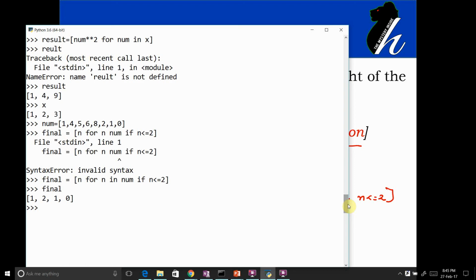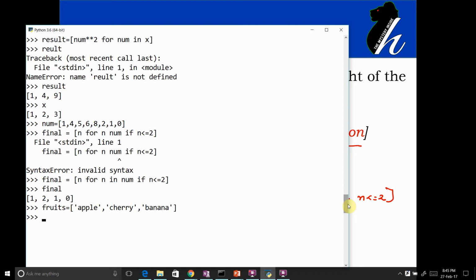Another example, if you wanted to take, let's say, fruits equals, if I have got some list of fruits, apple, cherry, and let's say banana. So I have got a list of fruits with me.